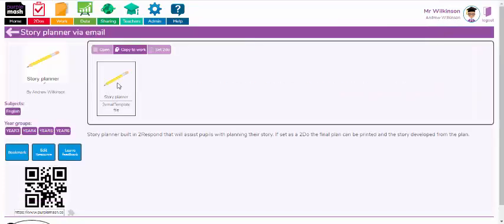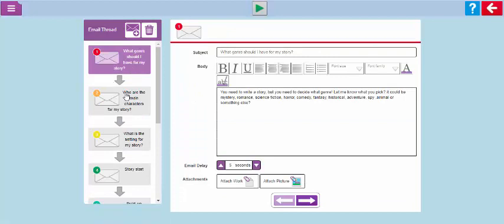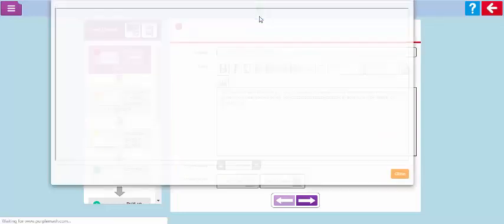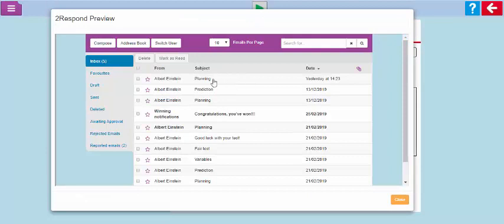So I'm just going to call it Story Plan. And if I click on the story plan, it will set up an email activity. Now notice I've set up different questions. So these will all be different emails that would come to the child. So what genre should I have for my story? What are the main characters? And if you play it, what will happen is you will get